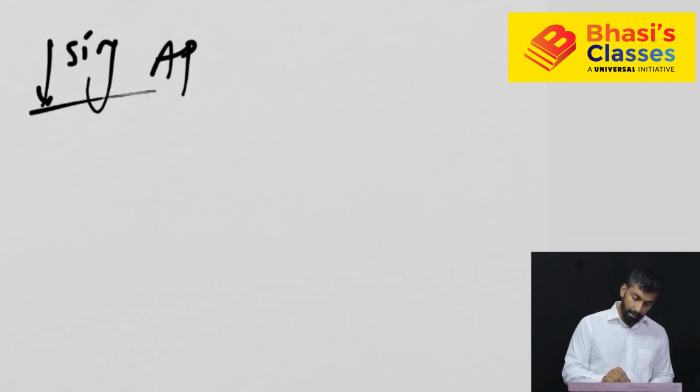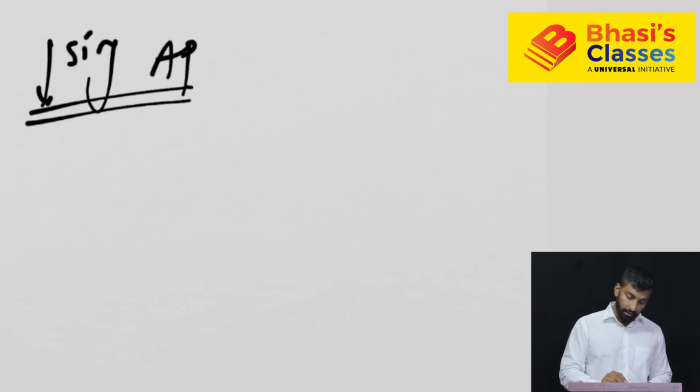Now what about a decreasing AP? Decreasing AP starting with positive, it will look like 8, 4,